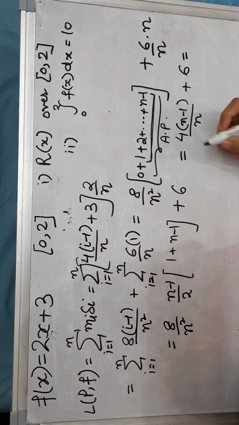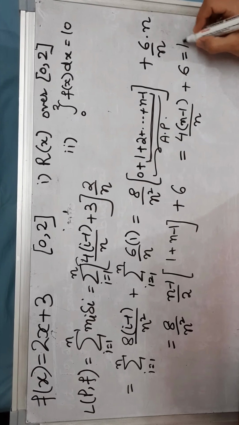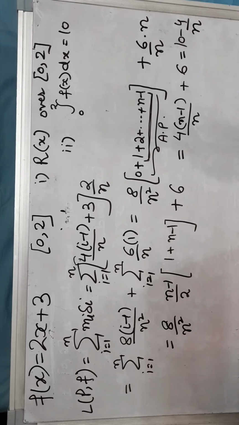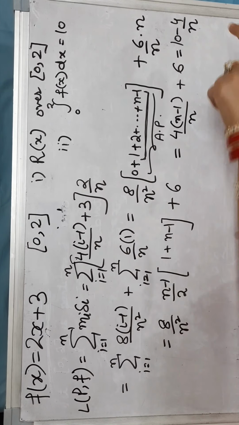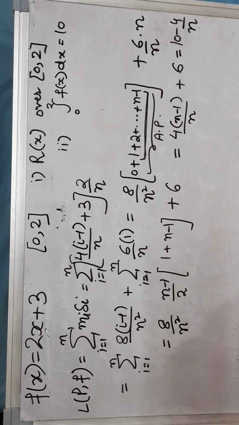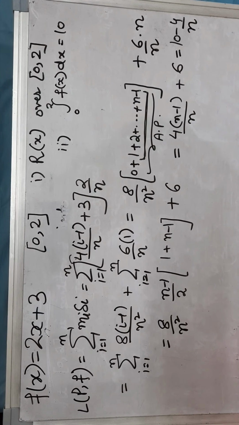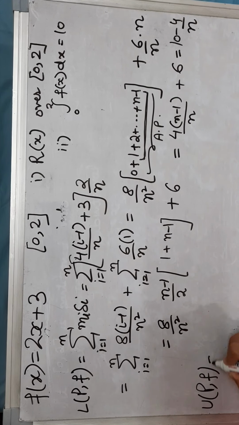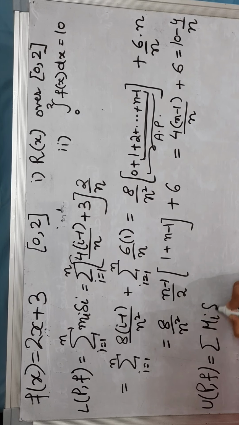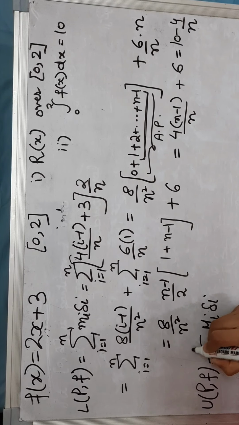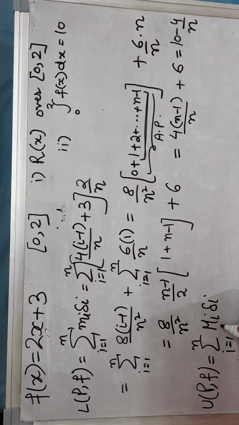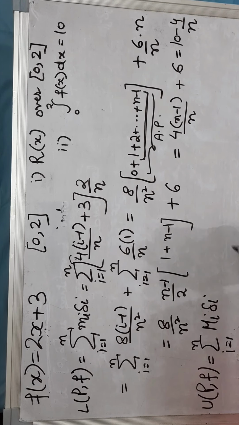So that is basically 10 minus 4 by n. That is your LPF, and it is depending on n. As the number of subintervals changes, this LPF is going to change. So as you change the partition, LPF is going to change. Similarly, you will find UPF. UPF is summation of capital Mi delta I, I varies from 1 to n. You will plug in the value of capital Mi, you will plug in the value of delta I. So I am writing it